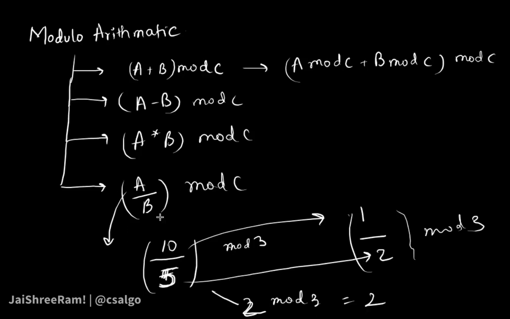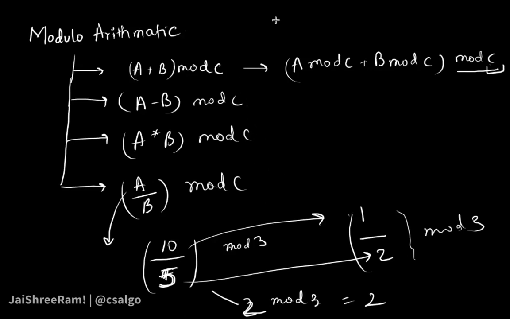So how do we perform these divisions in modular arithmetic? Remember, why are we doing modular arithmetic? We really need to find the answer of a large computation modulo some number c, so that in each of the steps, instead of making variables overflow, we take a modulo so that they are still inside the range.